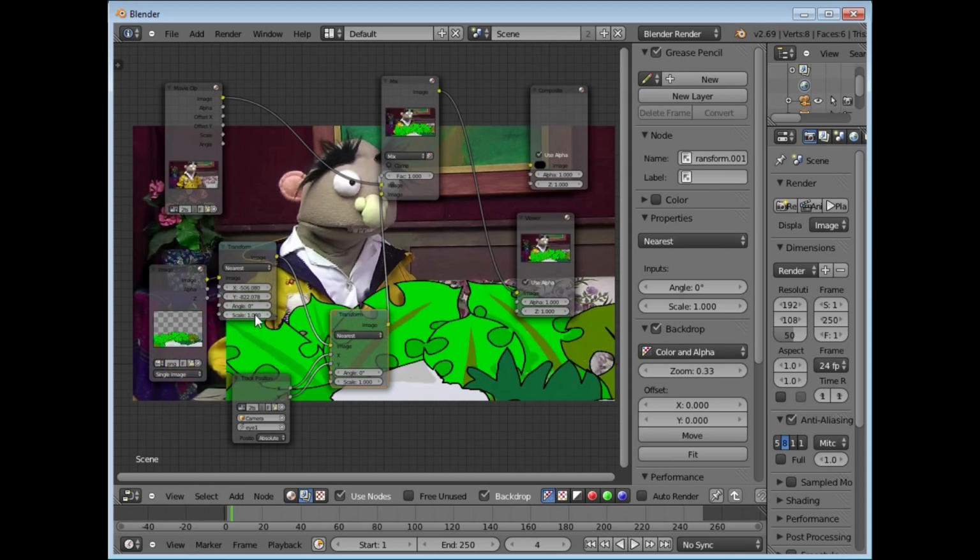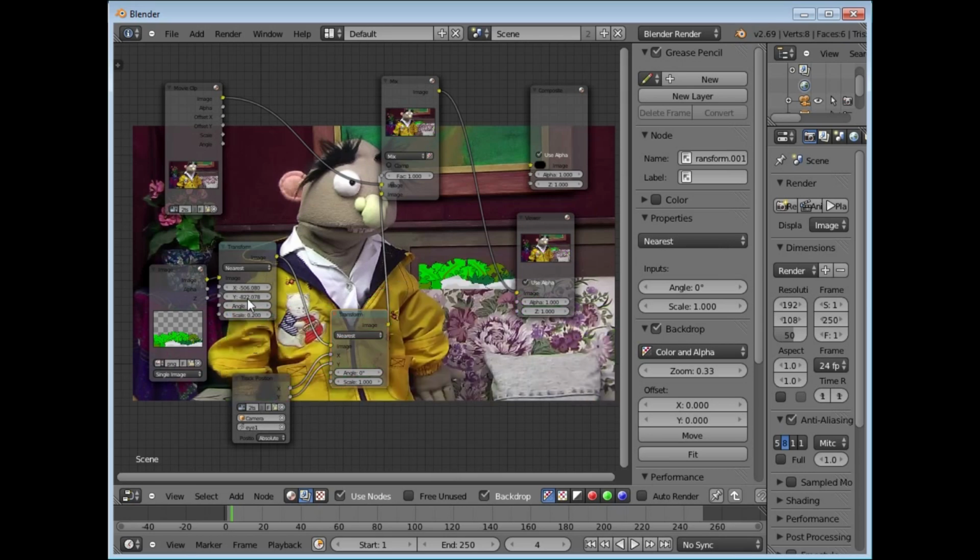I'm going to make it smaller, say 0.2 for example, to make it nice and small. Now I can raise it, not negative it, up to more or less where his head is, so we're going to place it more or less over where we are tracking, on top of his eyes. I'll just lift it so we can see his eyes, and sit it on top of the